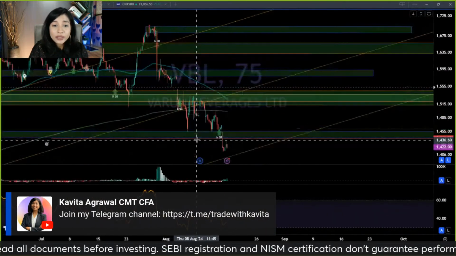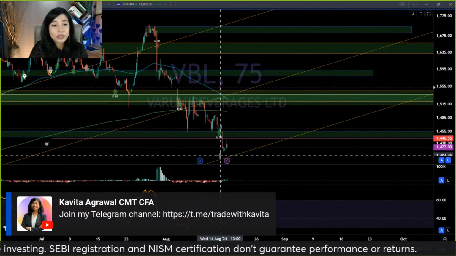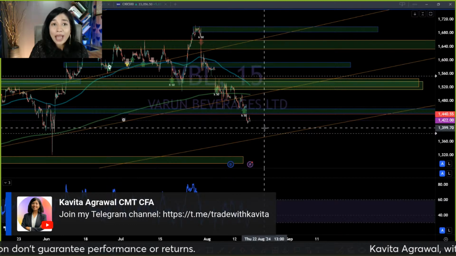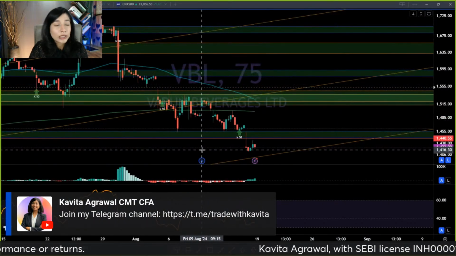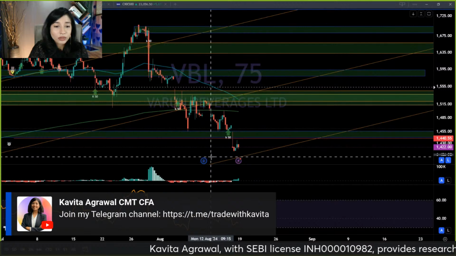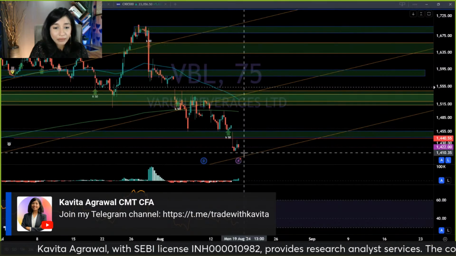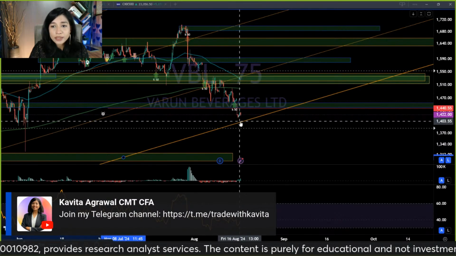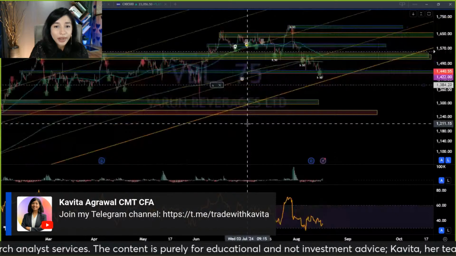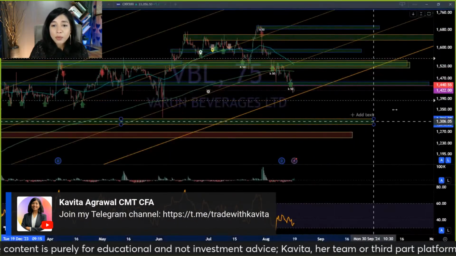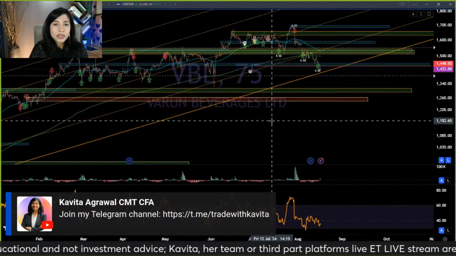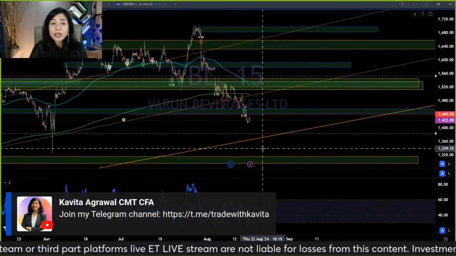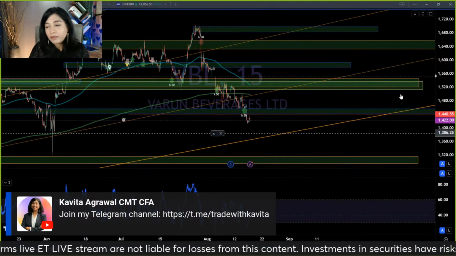that I have no doubts that it's going to continue to rally. On the 75-minute time frame, I can see the beginning of the build up of a positive divergence. It's not yet confirmed, so I've not allocated my cash entirely. I've been buying really small quantities whenever the RSI triggers the level of 30 on 75-minute time frame. But I think this trend line here is going to act as a strong support around the 1400 level, right? But even below that, I have a support at the level of around 1300. So as it keeps coming down, I'm going to be a buyer on VBL specifically. But right now, I don't see a very clear cut enter now kind of signal for VBL.